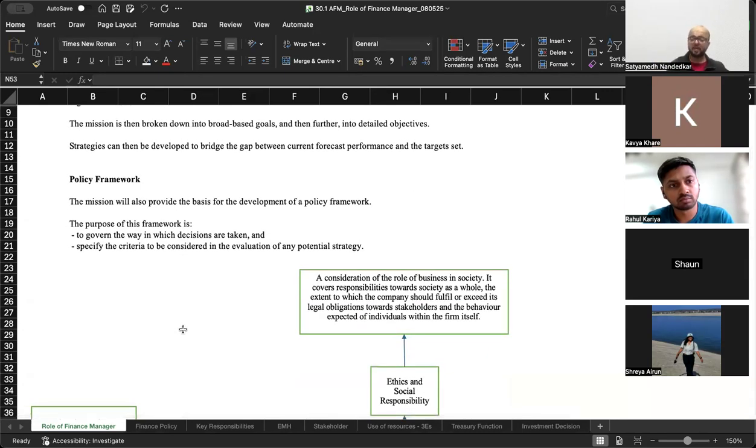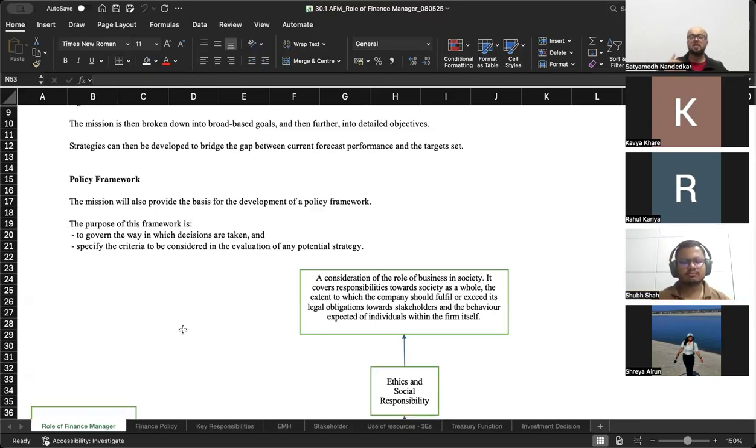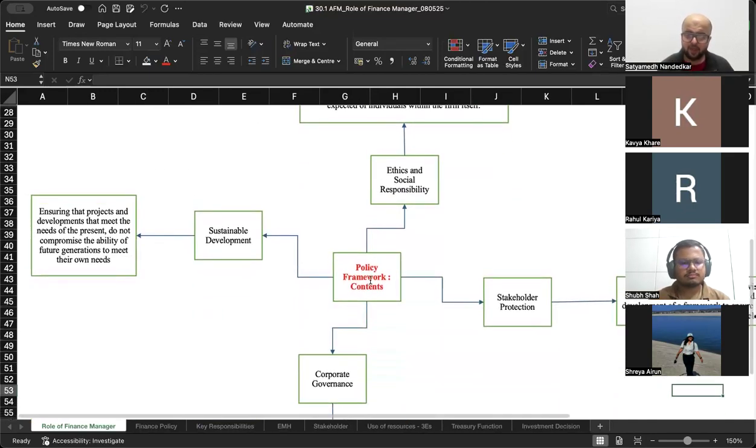Talking about policy framework, the mission statement will provide the basis for creating a policy framework, which governs the way in which decisions are taken, and it specifies the criteria to be considered in evaluation of any potential strategy. Strategy does not only mean investment appraisal decisions, it also means working capital funding policy, working capital investment policy, dividend policy, so on and so forth. Okay. Now, if I look at the contents of that policy framework,